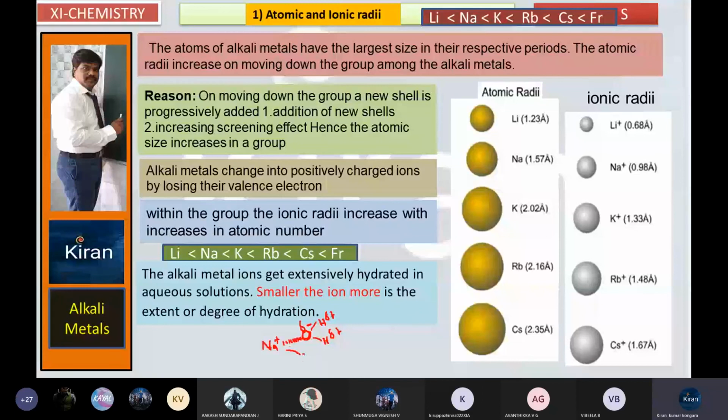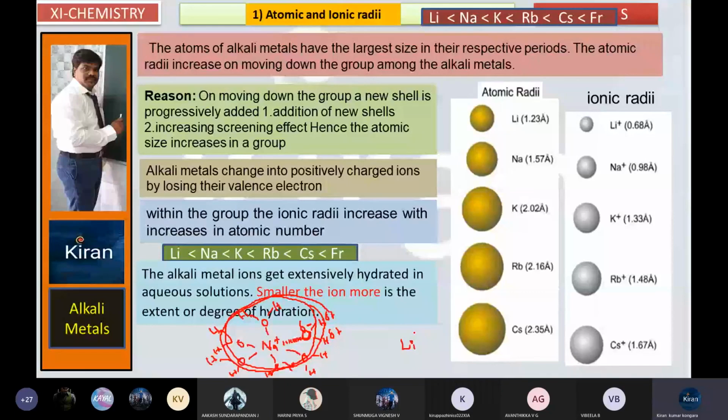Like this in water, many water molecules are there. Thousands of water molecules are there. Like this sodium holds water molecules like a cluster. Oxygen, H2O. Here oxygen, H2O. So sodium attracts oxygen, hydrogen, and hydrogen. So in this way, the sodium ion, while holding the water molecules, looks like one entire big molecule. This is a very big molecule. Like this, while comparing with sodium, lithium is very small.